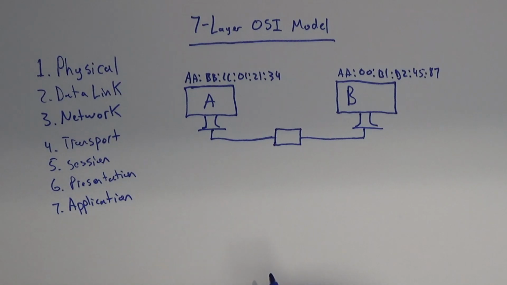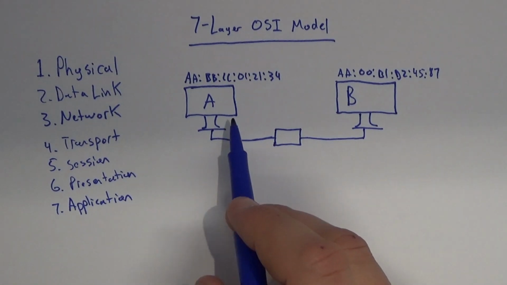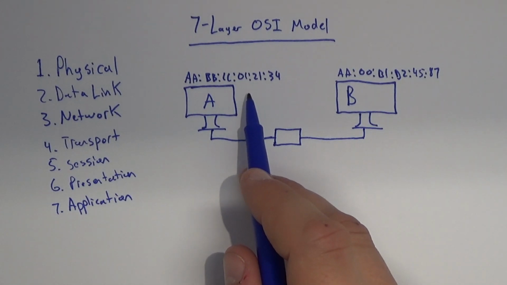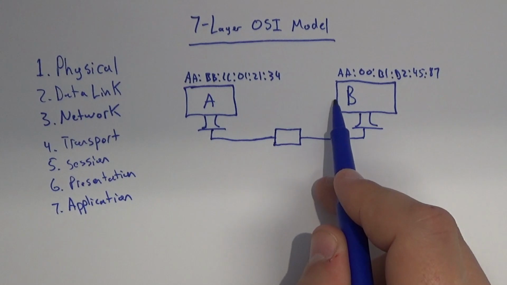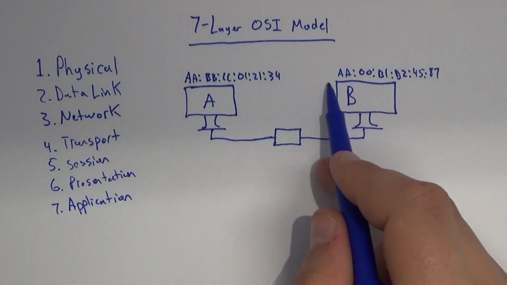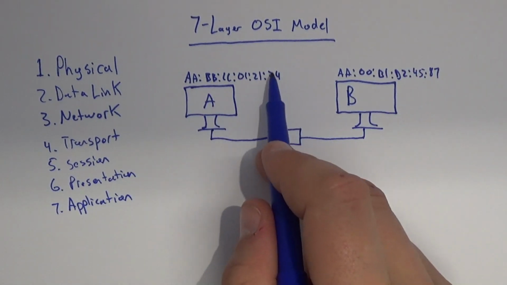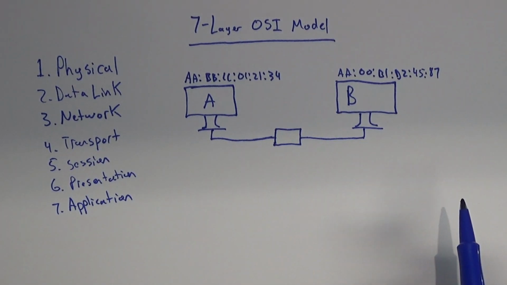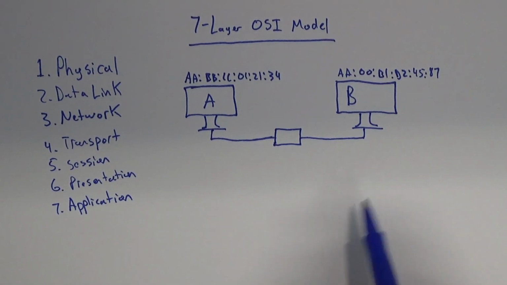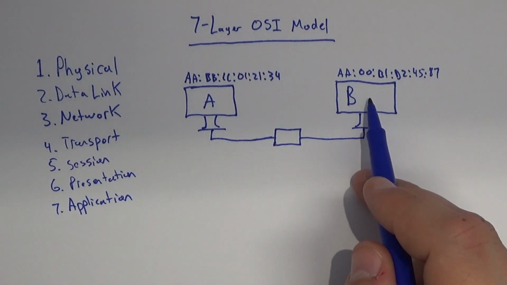A frame is like an envelope or a container of information. It's a series of binary data that's going to start with the recipient MAC address. So if I'm sending something from A to B, I'm going to start it with the recipient MAC address, then I'm going to put in my MAC address, and then inside that frame I can contain a whole bunch of other information. But that way we know where that frame is supposed to go, and when B receives that frame,